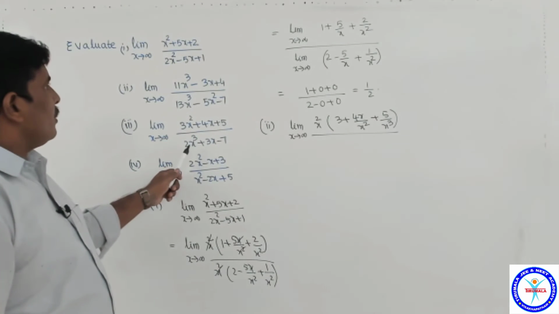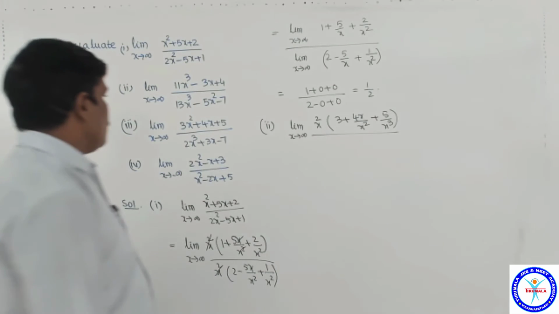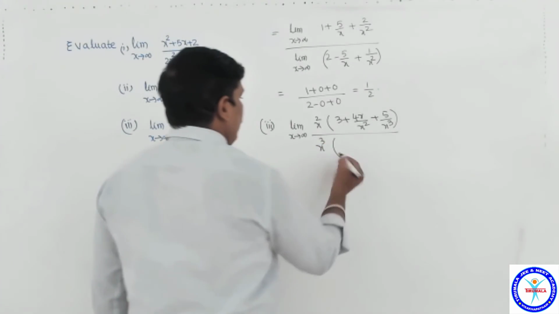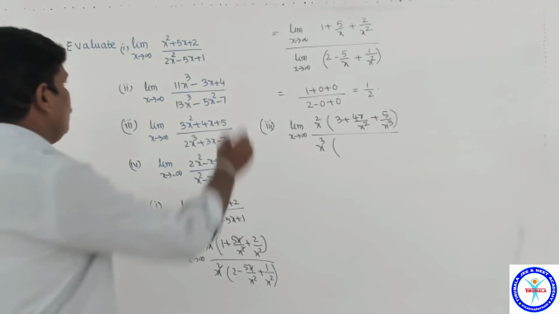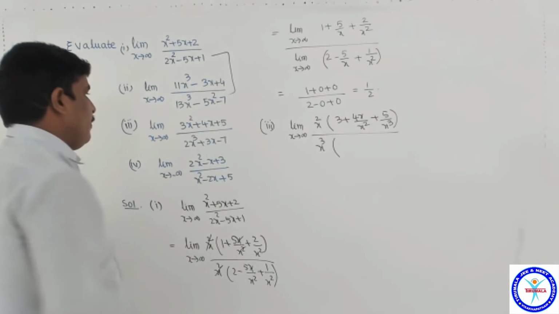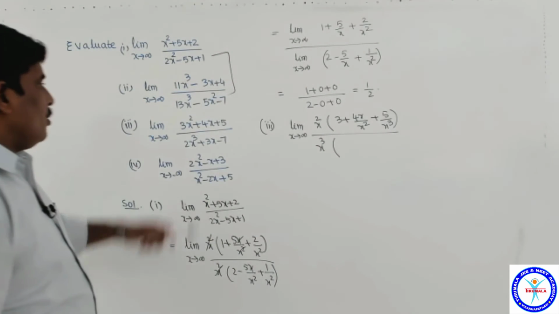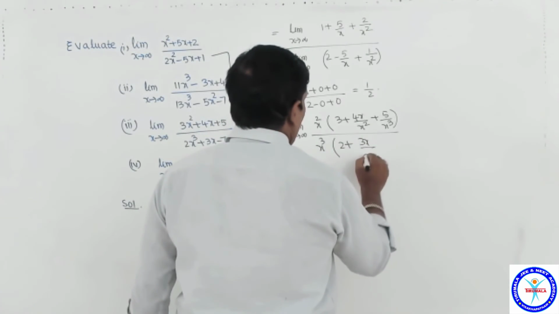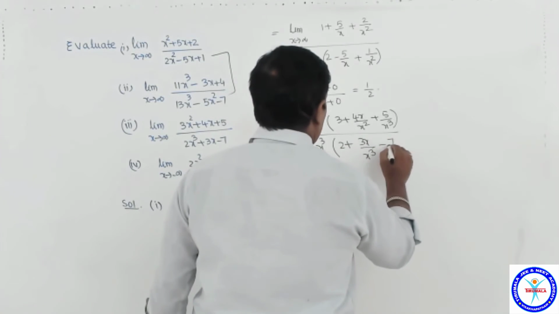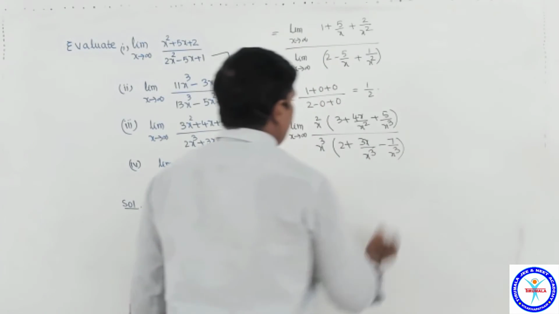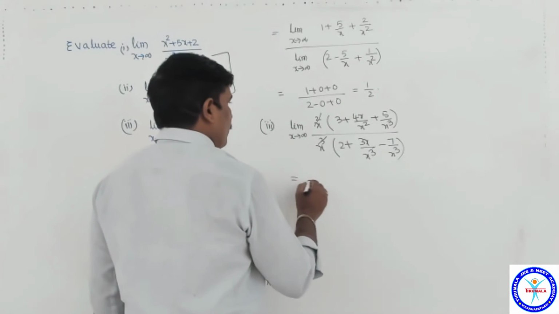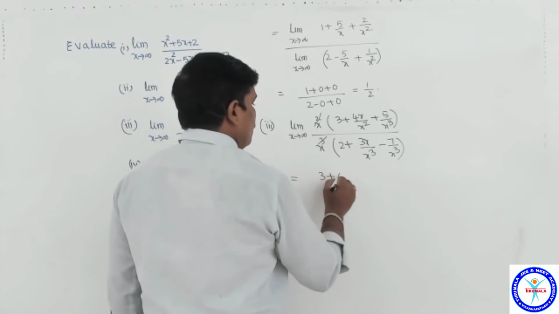Okay, now we are going to third question. So here also common the value of x cube into, so these are similar models. So x cube into 2 plus 3x by x cube minus 7 by x cube. Okay, x square cube cancel. We get 3 plus 0